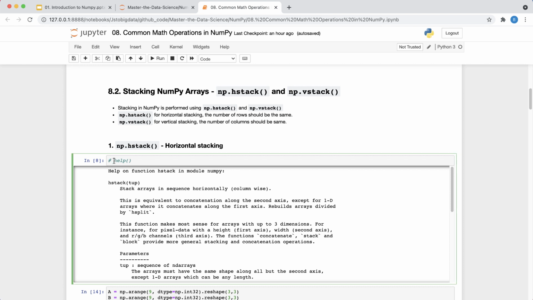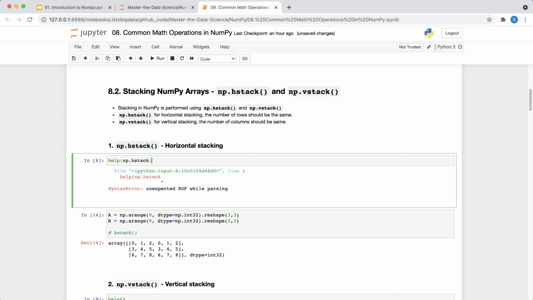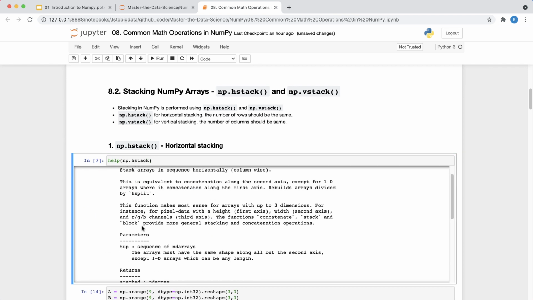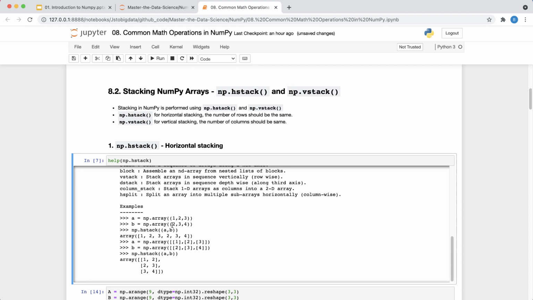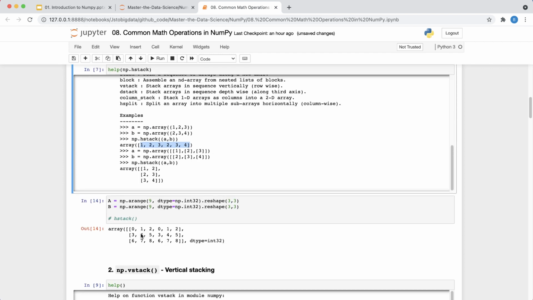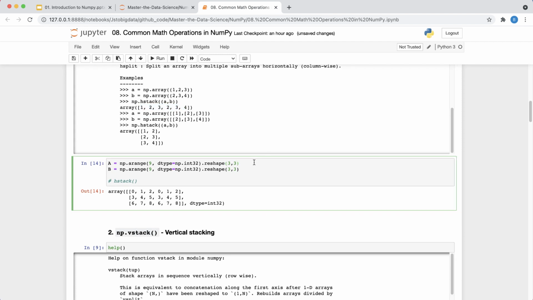I never talked much about making use of the help function, but let's say you want to understand what hstack does for me, you can just do this. So it will give you the details about hstack and how you can use it. So you can see that there is one array which is of 3 elements, 1 2 3, the other one is 2 3 4, and what is the number of rows present here? Just 1. And what about the columns? There are 3 columns. Now when we do hstack, the rows should be the same. That's the policy.